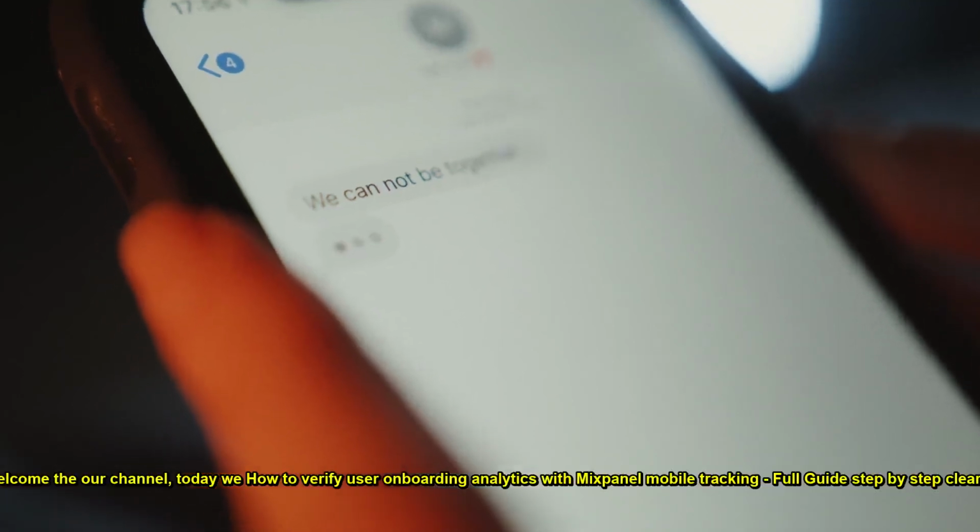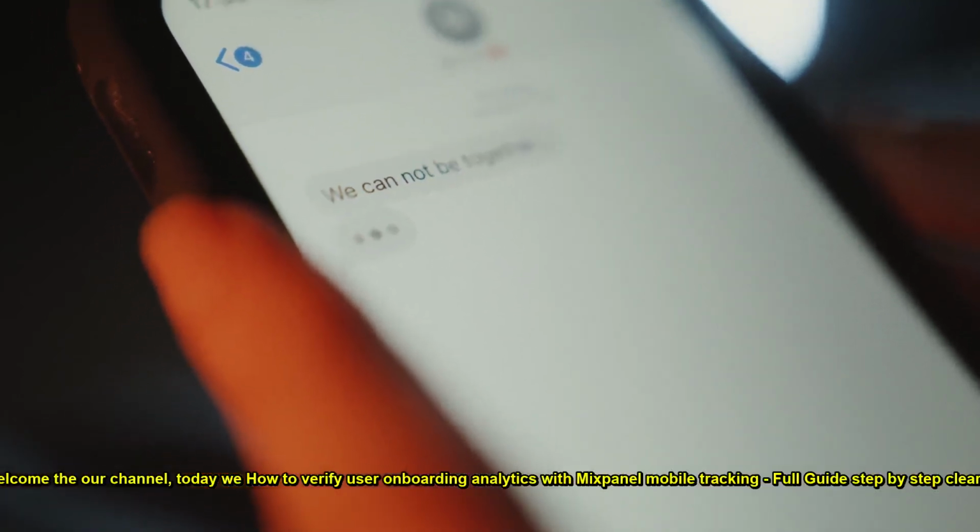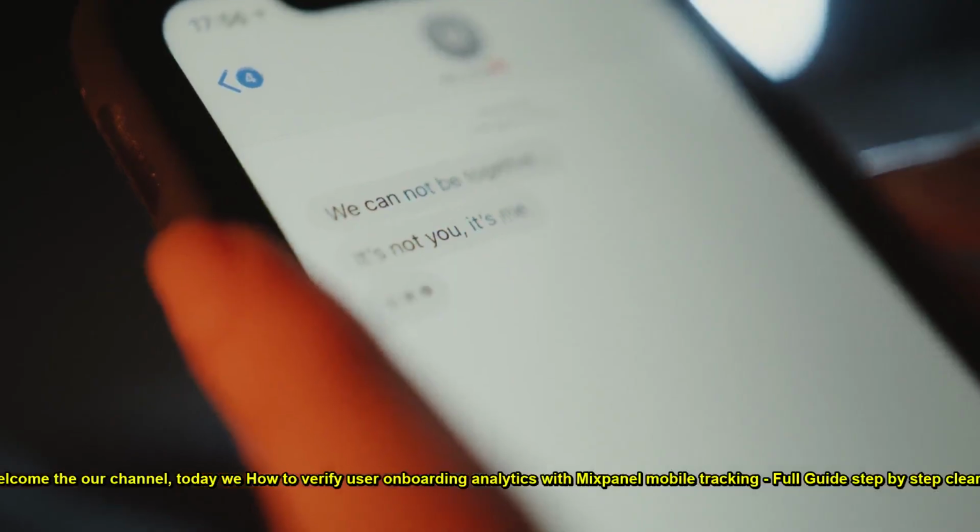Welcome to our channel. Today we'll show how to verify user onboarding analytics with Mixpanel mobile tracking, full guide step by